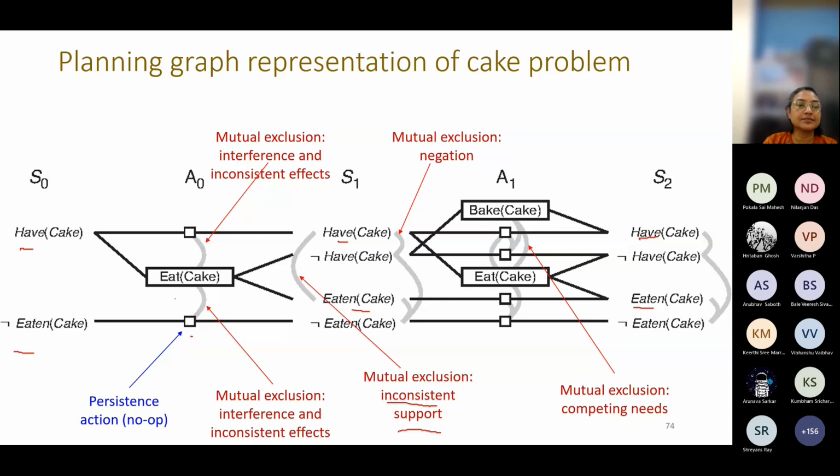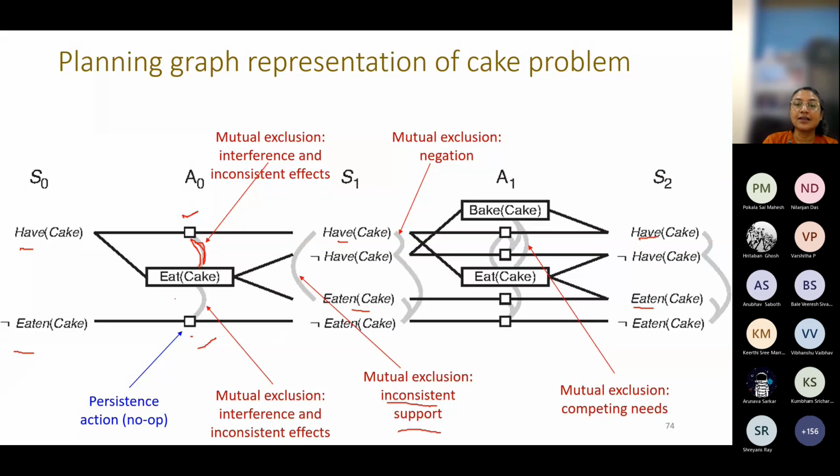Can you answer this? The only action in A0 that can be performed is eat cake. So if I eat the cake, then I will not have the cake. And if I do not take that action, then there are actually three actions. Just a correction, there are three actions: maintenance for half cake, maintenance for not eaten cake, and eat cake. Half cake is obtained from maintenance of half cake, and eat cake negates half cake. Now eat cake and these are mutex.